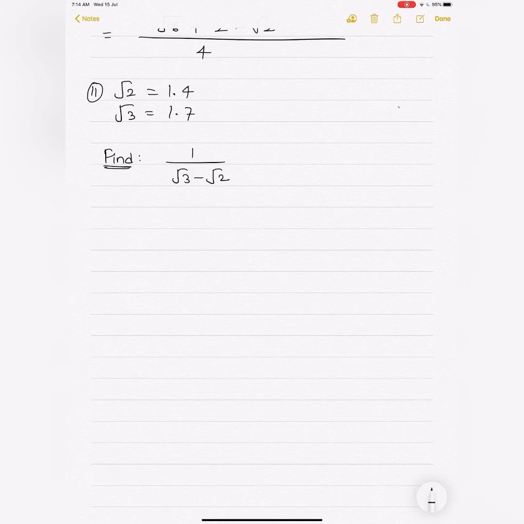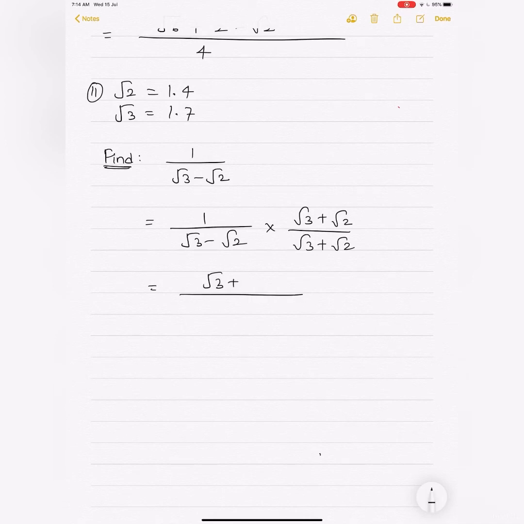How to simplify this? So remember, do not substitute the value of root 3 and root 2 here only. You will get it wrong. Okay, this is not the method to solve it. We want to make it easier. So what we are going to do is, we are going to first rationalize this. How we have been rationalizing earlier. So we'll do 1 upon root 3 minus root 2 multiply by root 3 plus root 2 divided by root 3 plus root 2. What will this become?